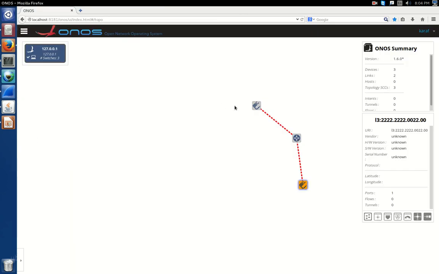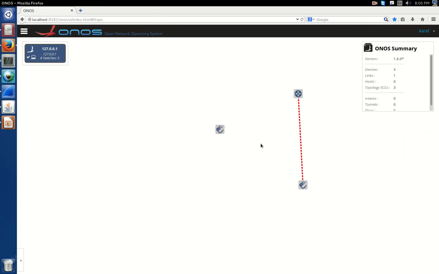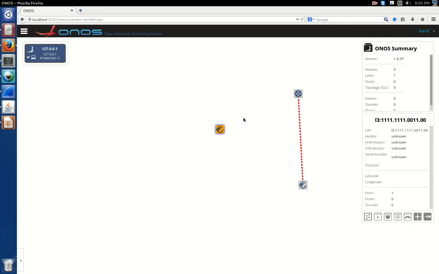It might take around 30 seconds, which is the holding time of the router for the link to get removed. Yeah, so now you can see that the link between the DIS and 111 is removed because we have shut down the interface.